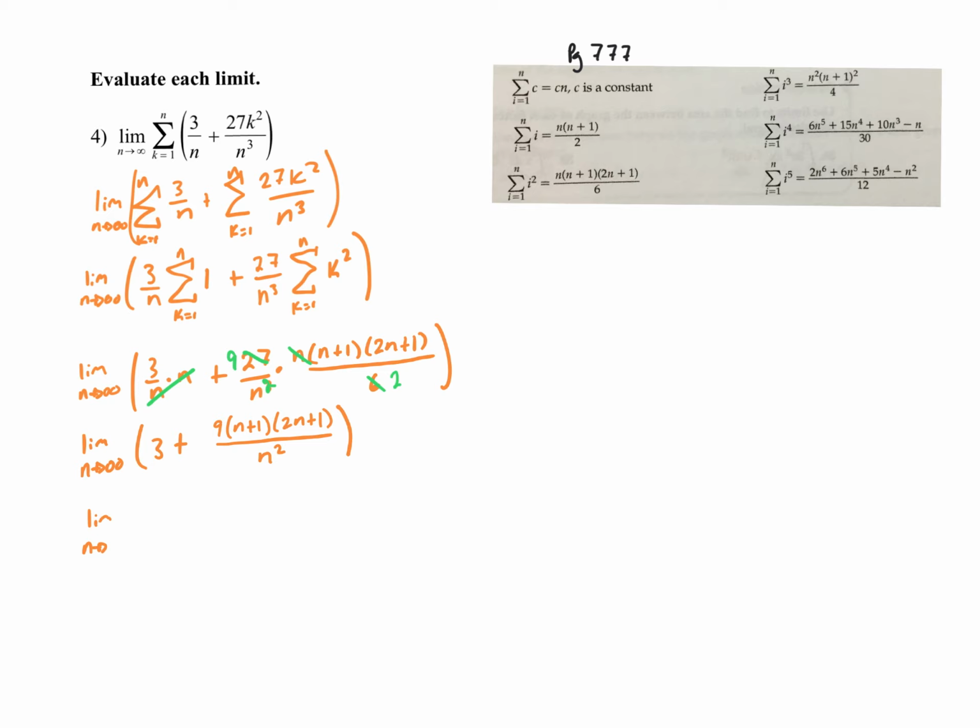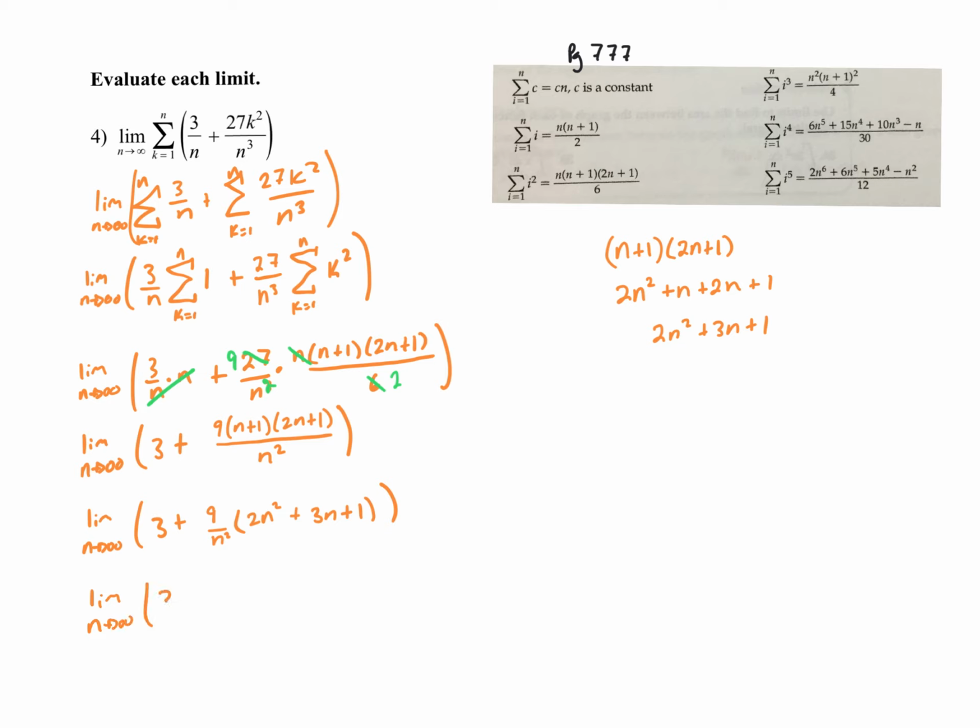Limit as n goes to infinity of 3 plus, let's see if we can go ahead and expand this out. If you FOIL those, you get this. So I'm going to say 9 over n squared times that thing, 2n squared plus 3n plus 1. Go ahead and distribute this into each of those. Now we're talking the limit as n goes to infinity of 3 plus, that's going to be 18,